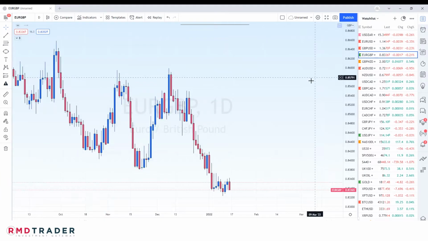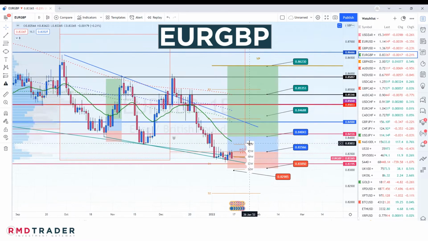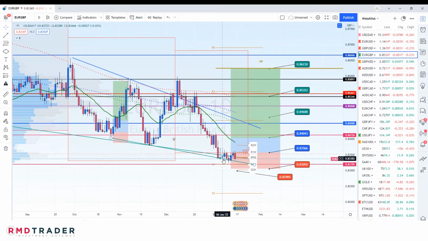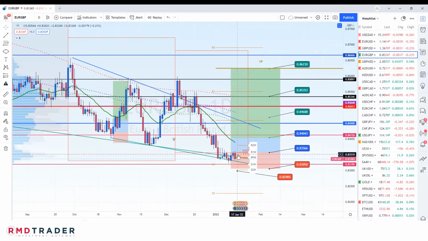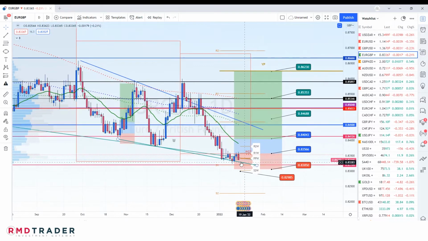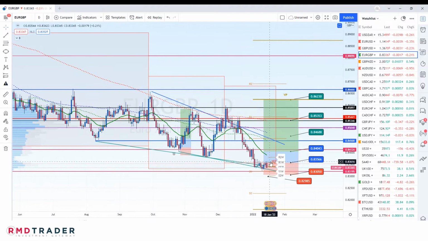Looking at the EURGBP, the one that we've been trying to call a bottom on for quite some time, we have this falling wedge formation. You can see price is now consolidating. It's been 2 weeks now already on this area of diagonal support. There is a chance that we still see a little bit of a final